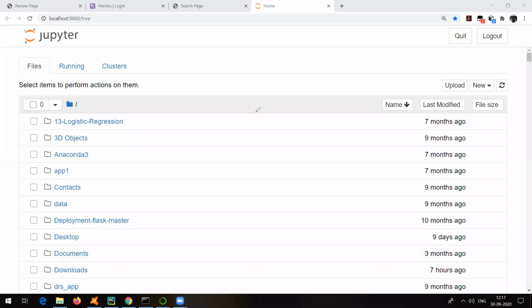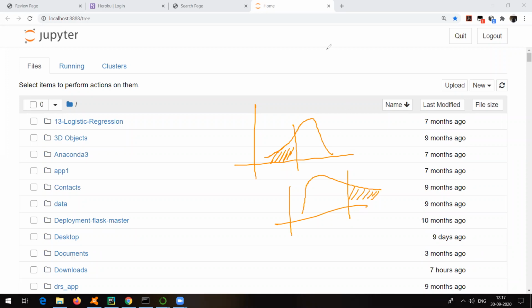Suppose we ignore this particular part; if it is like this, it is called left skewed data. If it is like this, it is called right skewed data. So we try to ignore these values. Again, it all depends on how much you can ignore, on your dataset and the problem statement. Is it clear? Is it making sense?